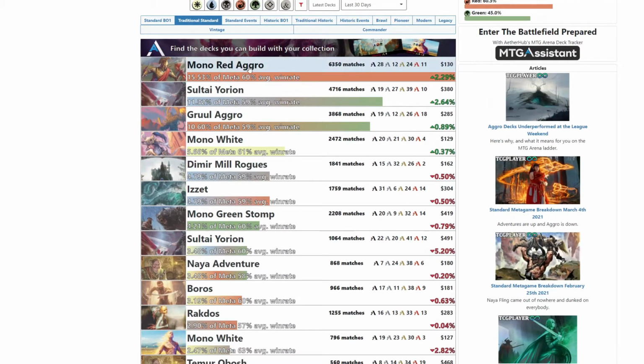And here you see what the boss decks are played. And usually you see pretty close correlation between Untapped.gg and etherhub metagame. The discrepancy is from the user base that installed these two different plugins. Some people install one or the other, and some people like me have installed both of them.